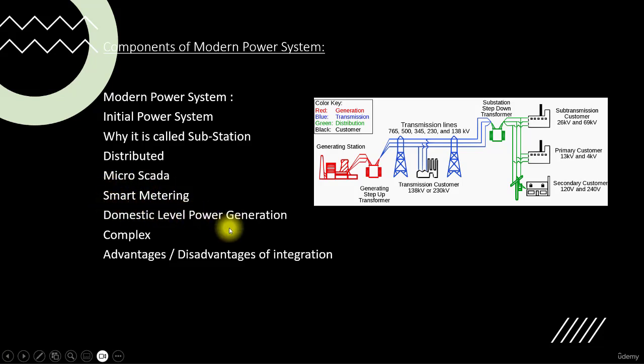Then we have domestic level power generation nowadays. As I told you, in the modern power system you can install a small generating source like solar on your roof, and you can even export this power through the smart metering to the utility. Then we have complex systems. In the start, the different regions in a country were not connected. Now more and more regions are being connected together, and that's creating a very complex system